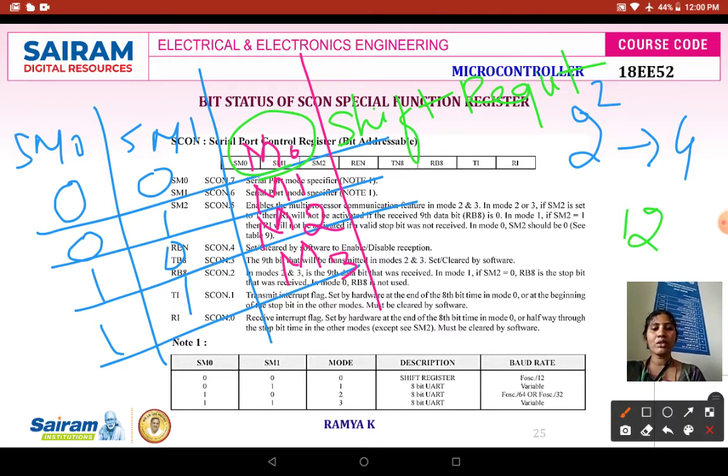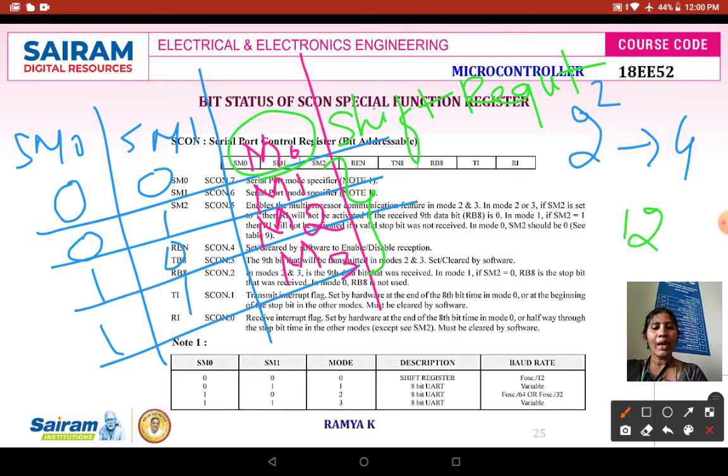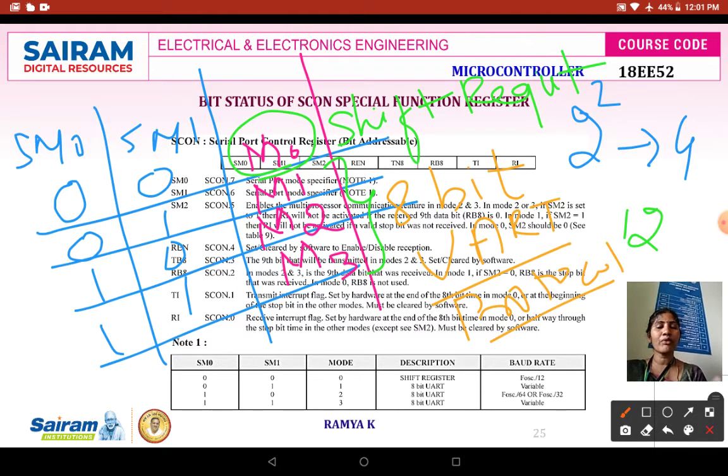The second one is the 8-bit UART, that is mode 1, mode 2, mode 3. All 3 modes are going to operate as an 8-bit UART. UART is one of your protocols for transmitting information. We all know that a protocol follows certain rules and regulations to transmit information from your sending end to your receiving end.